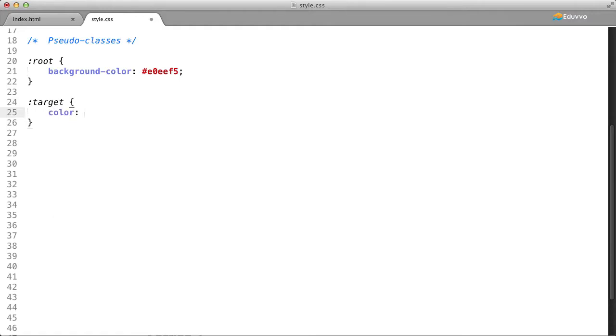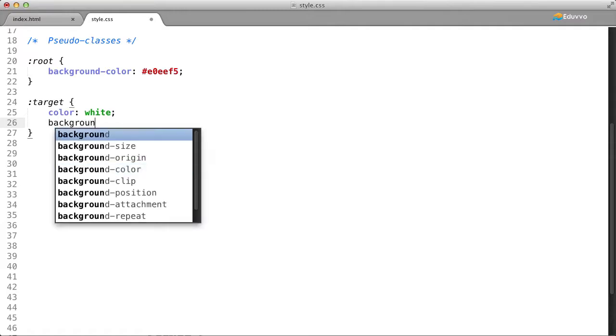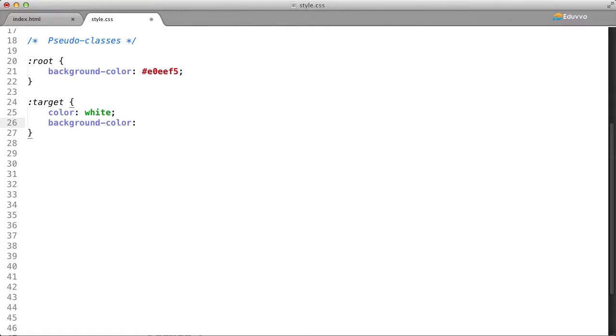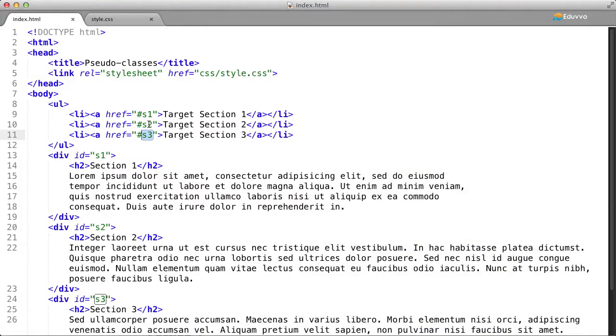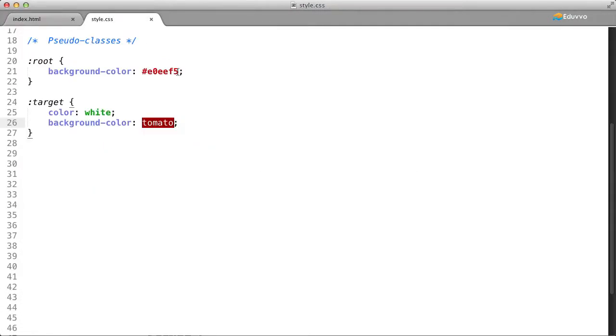We'll then give it a color property and the value white, followed by a background color property and the value tomato. So when a link is clicked, if a div's ID matches one of the link's href value identifiers, the div's text color will turn white and the background color will turn tomato red. So let's take a look at this in the browser. We'll go ahead and save the style sheet